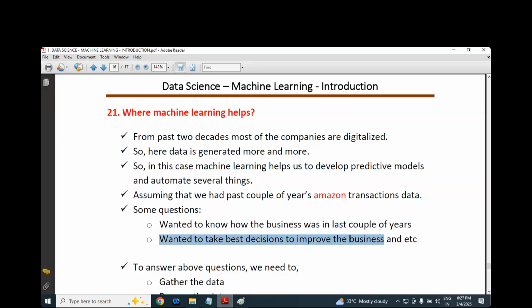Two things. If you have the data, you can talk about two things. If you wanted to find out what happened previously, you need to apply pandas. If you wanted to do the prediction for the upcoming period, you need to apply machine learning. Exactly, you got my point.